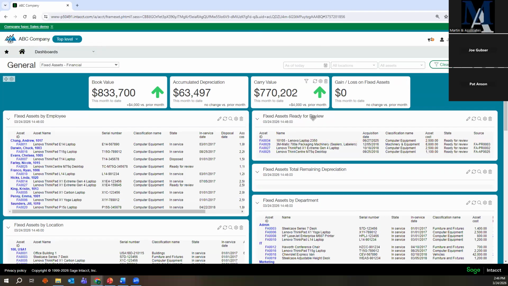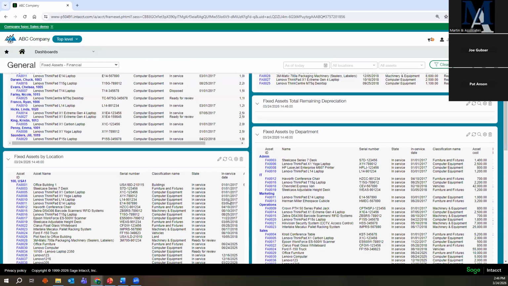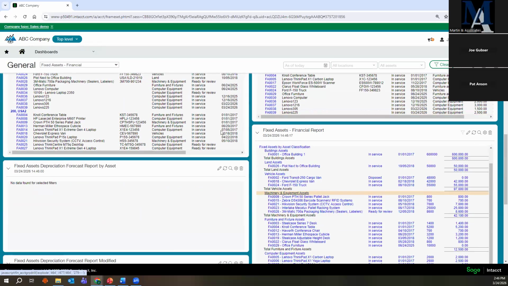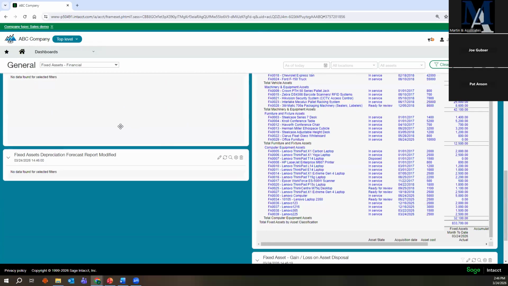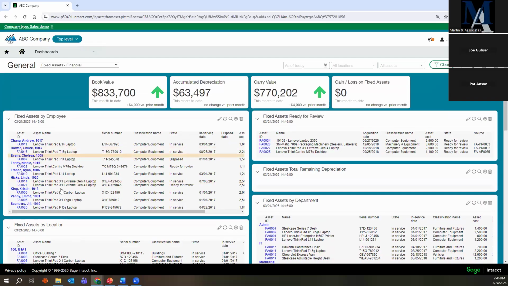What are assets out there that are ready for review? So these are assets that are in the system but haven't been placed in service yet, and are waiting for somebody to review them and say, yep, put them in service. So I can have a report that shows me what assets are ready for review. Fixed assets by employee, fixed assets by location, by department. So various financial reports that are available were just added to this dashboard